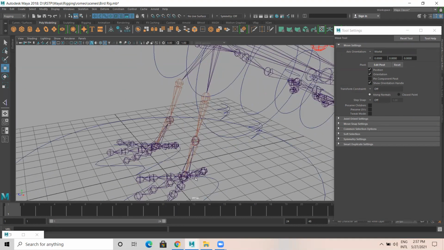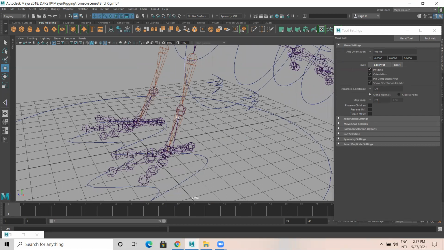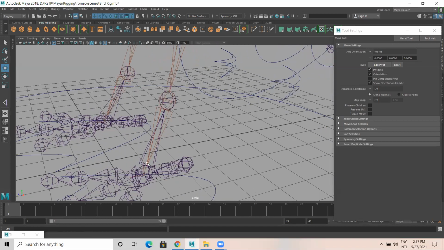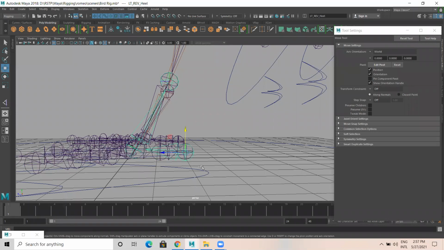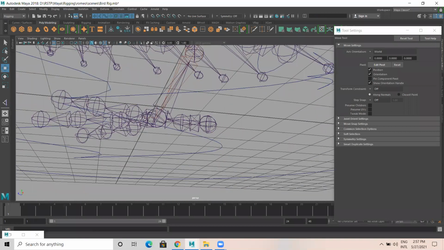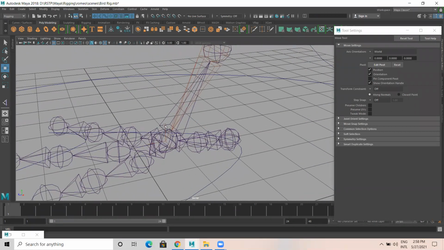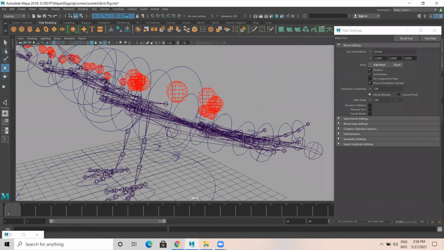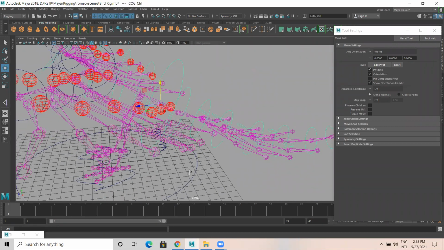I'll do one thing. I'll just take off all the IK handles here. Let us do FK, forward kinematic style, for this. So I just select this IK handle and I'm going to delete this. And the one which I have created, this one, reverse, I'll delete this. Let us do another type of animation, that is forward kinematics. I'm deleting the IK handle here. I deleted this. I'll just explain to you how to do that.